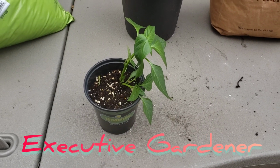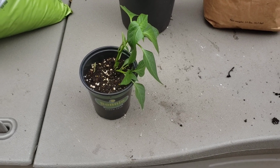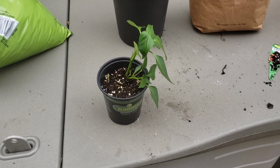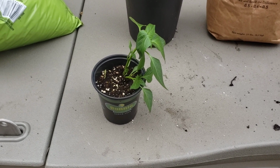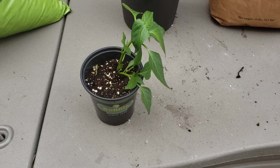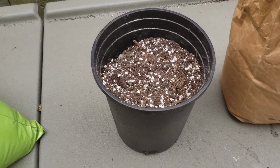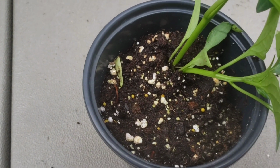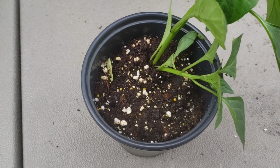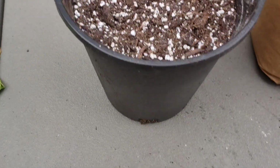Hey, so I'm going to do this video on buying plants from Lowe's and Home Depot, and I'm going to repot this plant with appropriate nutrients into a slightly bigger container. This is a red bell pepper plant, by the way. I'm going to plant it in here, and you'll see the difference between that junk, I don't know what it is, the kind of soil that you get from Lowe's or Home Depot,